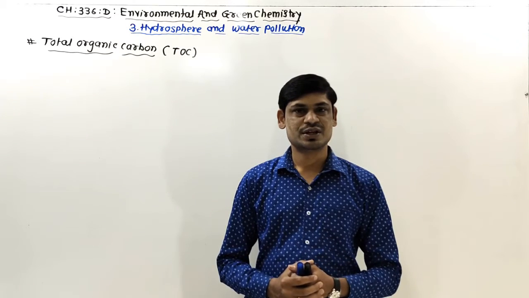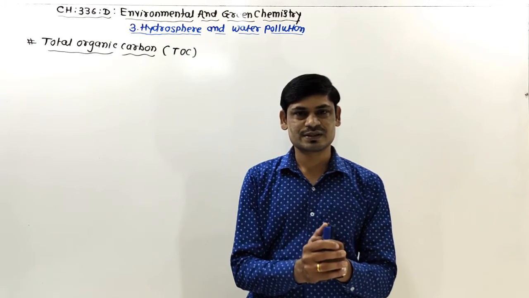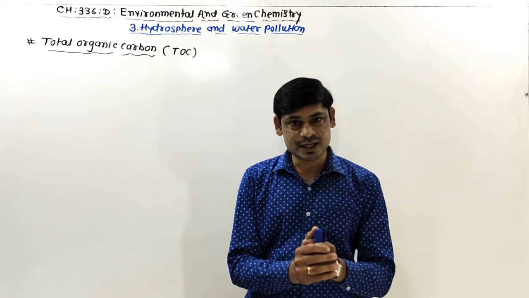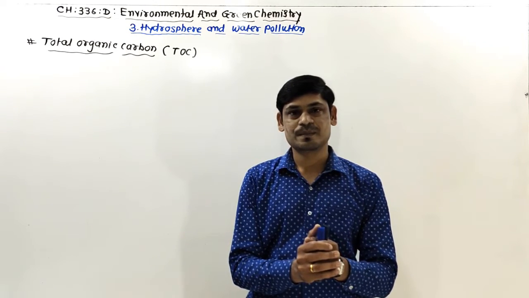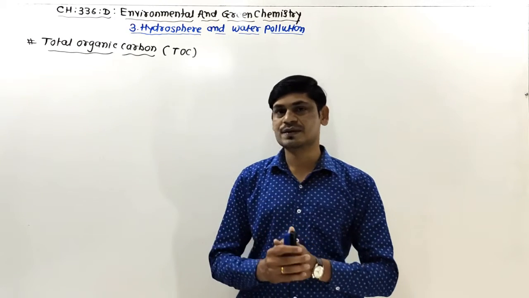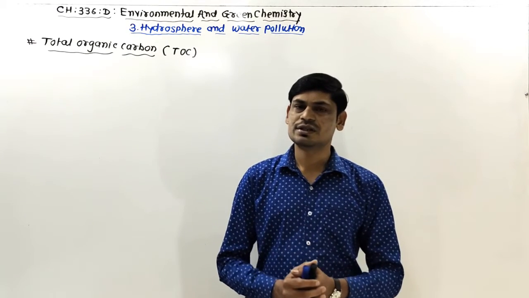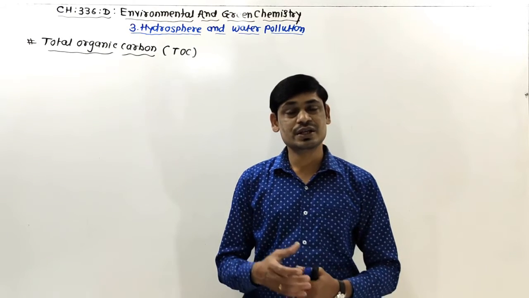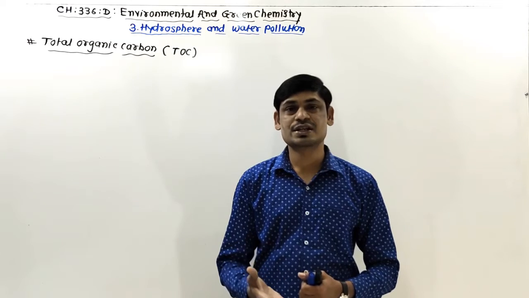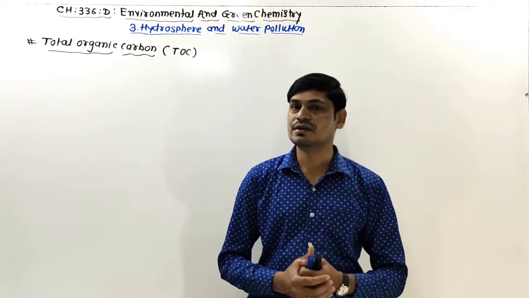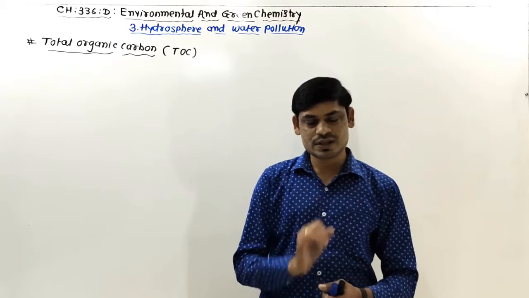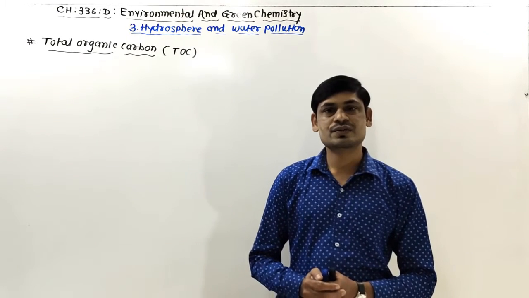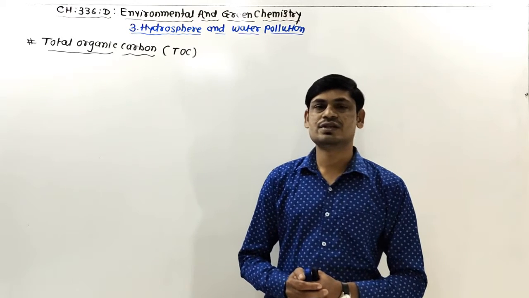Obviously, once the total organic carbon present in the water sample is converted into carbon dioxide, by measuring the amount of carbon dioxide evolved, we can find out the percentage of carbon present in the given sample. Now in this case, the oxidation is carried out by using an oxidizing agent